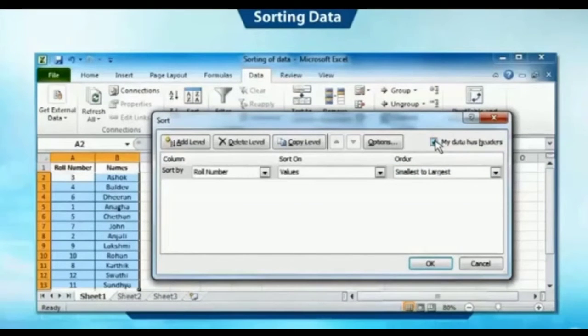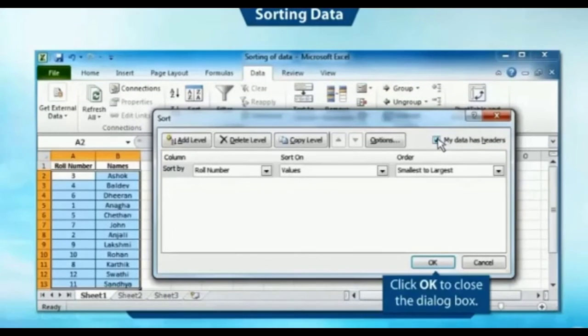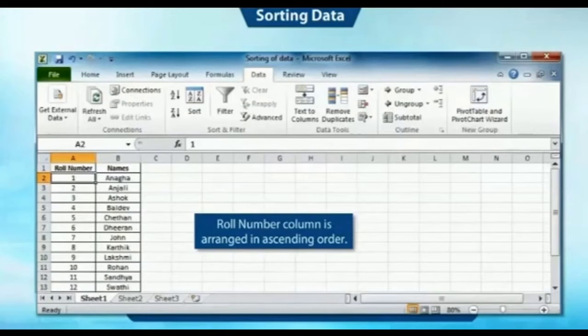For this example, since we have a header row, we will keep this option checked. Now click on OK to close the dialog box. Now you will see the roll number column in the database is arranged in ascending order based on the conditions we mentioned. Now you all know how to sort the data.